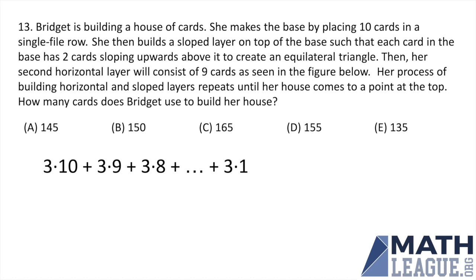And we can simplify this by the rules of arithmetic. We can factor out the 3. So we get 3 times (10 plus 9